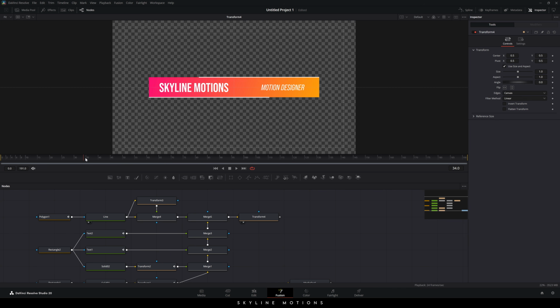So select the merge 5, click on this transform button, drag and drop the transform to the viewer. Just go to frame number 35, select the transform 4. This is the size, right click on size, click on animate and go to 12 frames forward in time, which is half a second. So just go to frame number maybe 47. And this is the size. Let's increase the size just a little bit. So I'm going to set the value 1.05